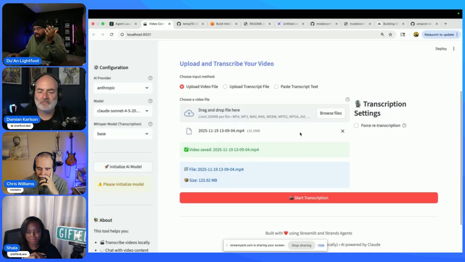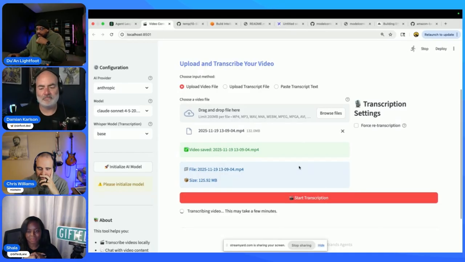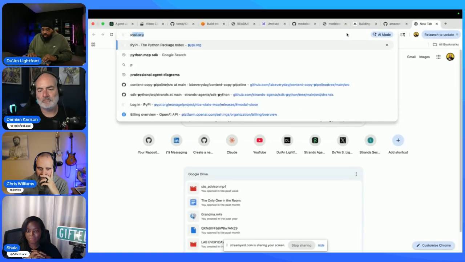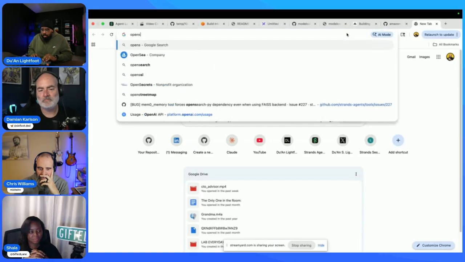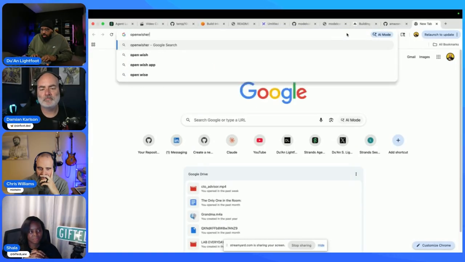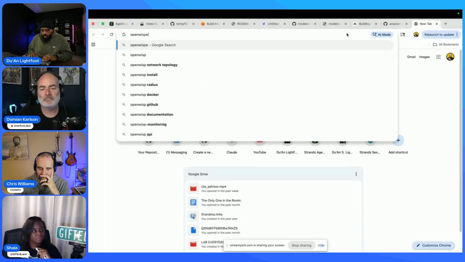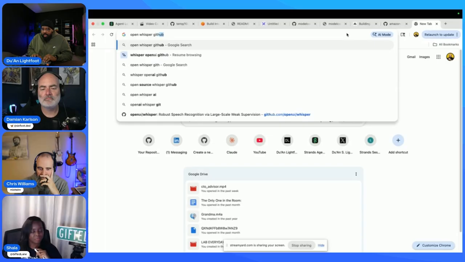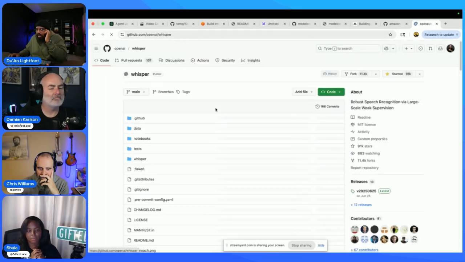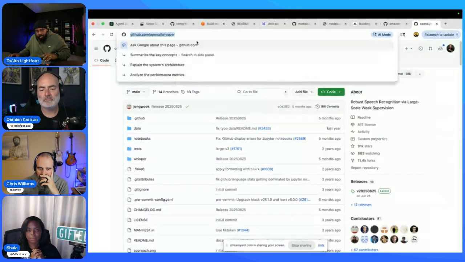Okay, so it's only going to let me use a file that's 200 megs. All right, so we'll start this transcription. And so I'm using, again, Open Whisper. Open Whisper on GitHub. This is an open source model that you can use to transcribe and do a bunch of cool